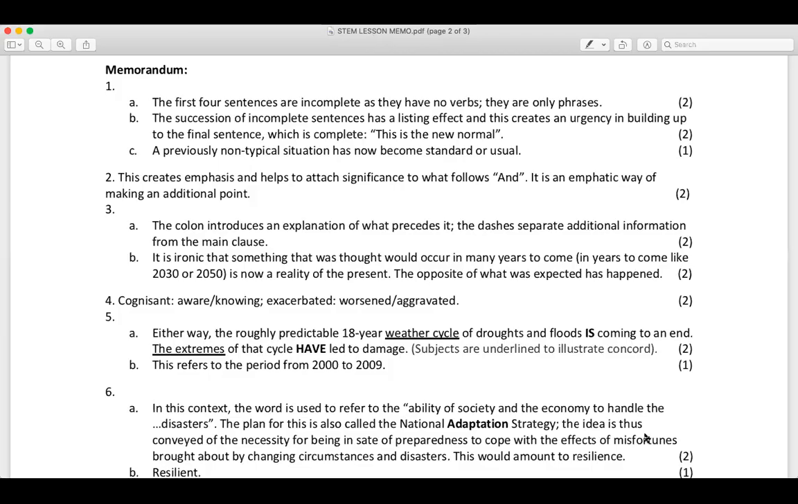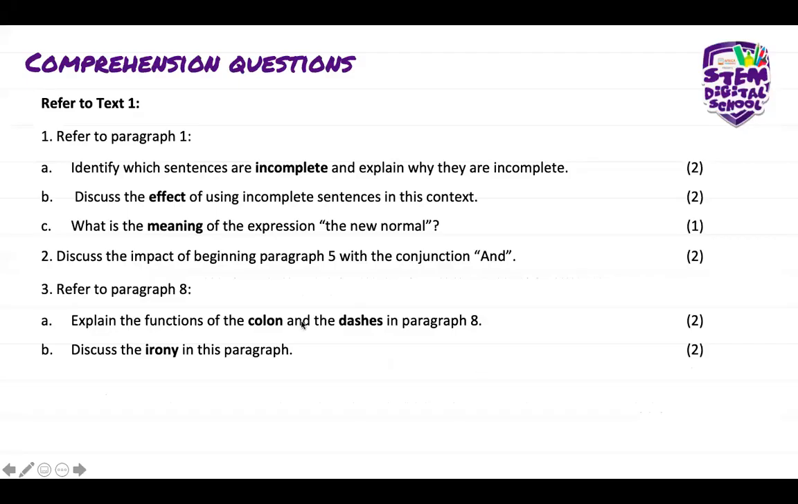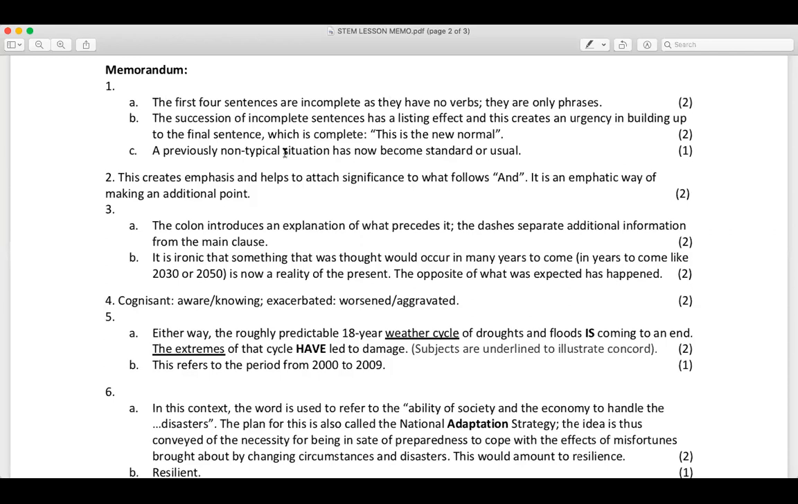Then coming back here, C, what is the meaning of the expression the new normal? What is the meaning of that expression? Let's go. A previously non-typical situation has now become standard and usual. I'm sure you guys have heard right now during this pandemic,